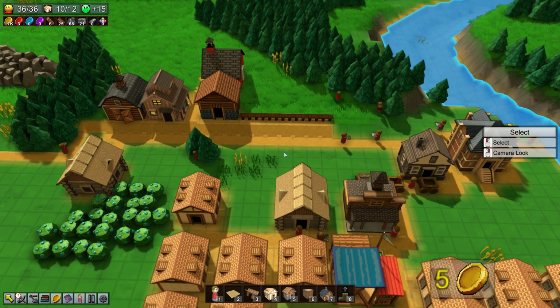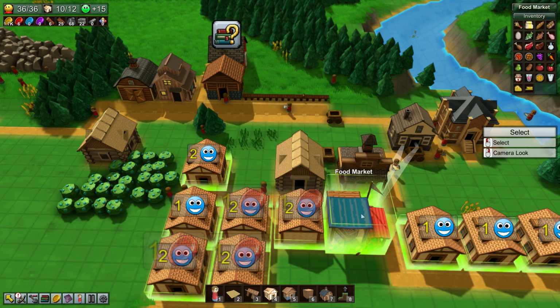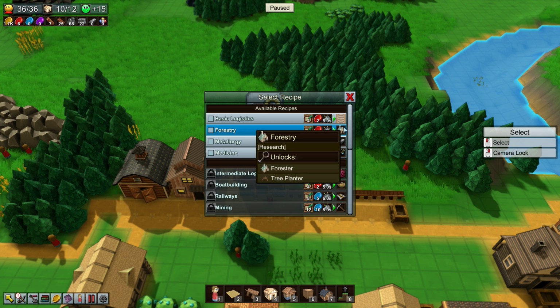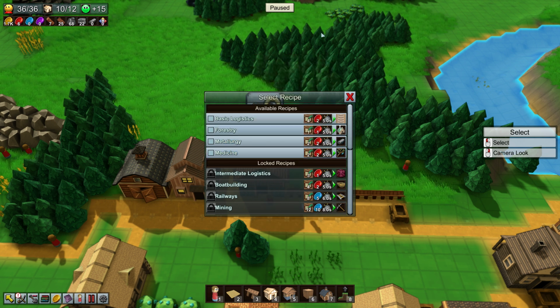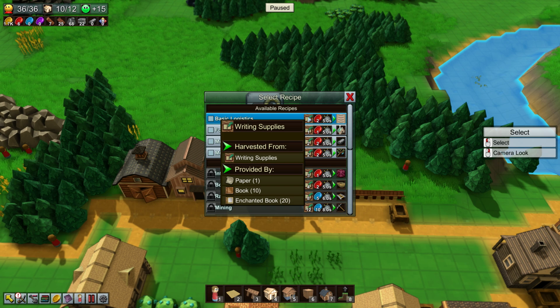Growth progress on that is slow, but we're making progress. That's the main thing. Hey, fantastic news. We got a new pasture. Forestry? Forester and forestry planter. Metallurgy. Or medicine. I mean, I think that we maybe do medicine? Maybe? Yeah, I mean,